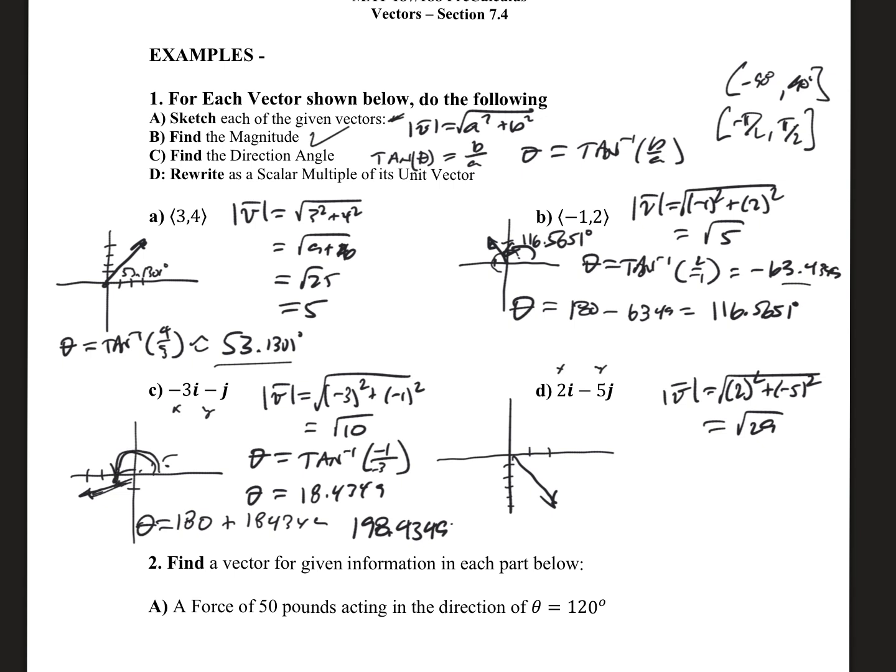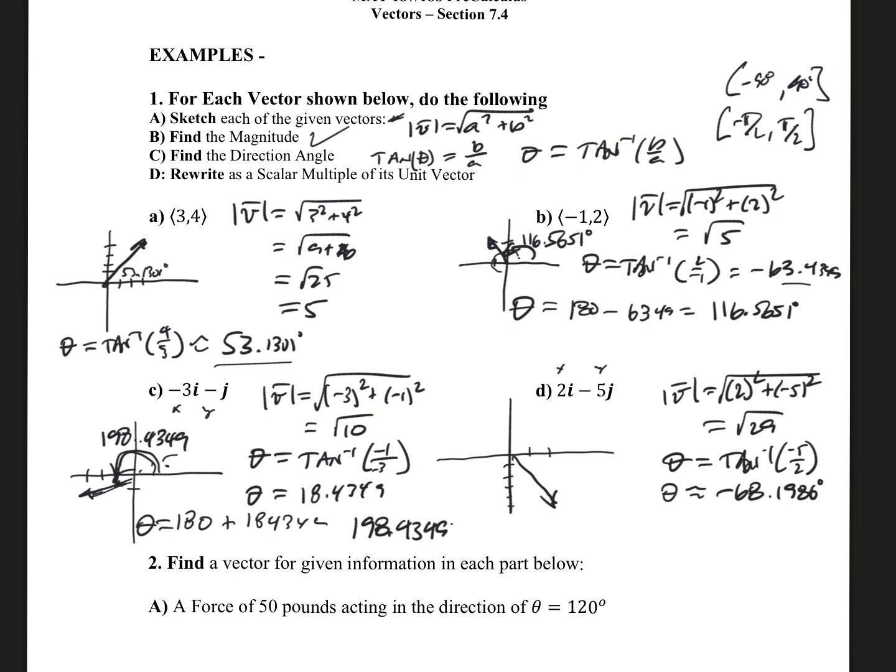All right, so that angle right there is 198.4349. All right, and then last but not least, my angle theta over here is the inverse tangent of my x-coordinate, or excuse me, my y-coordinate, -5 over my x-coordinate. So when I put it in my calculator, what I end up getting for this one, -5 divided by 2, we get -68.1986